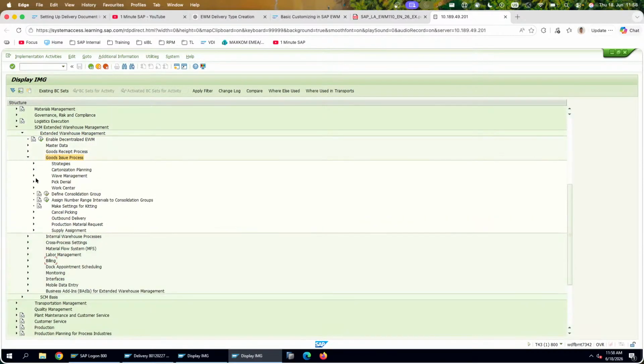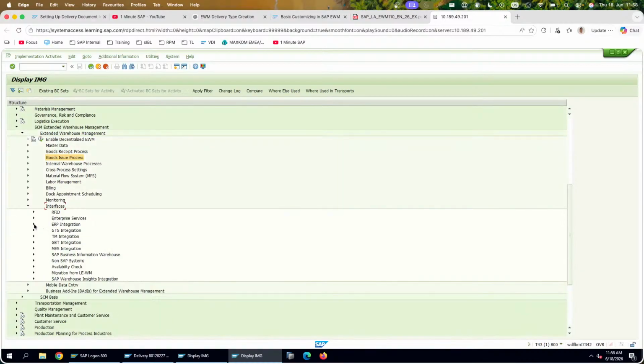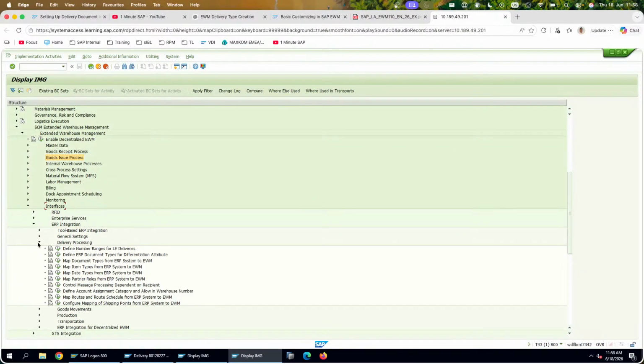For that, I think I will not go here inside the goods issue process, but I'm going to interface, going to ERP integration, delivery processing, and we are going to map the document types from ERP to EWM. Before doing that, just one thing that I want to do is